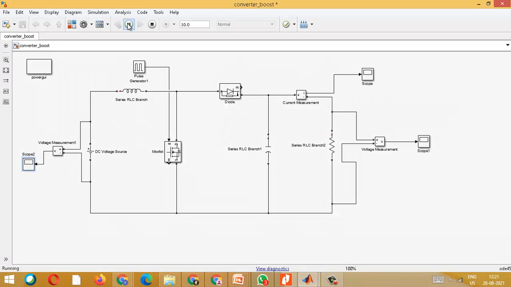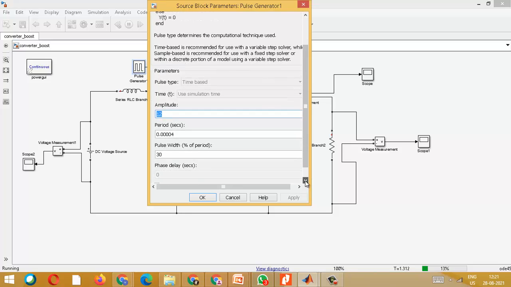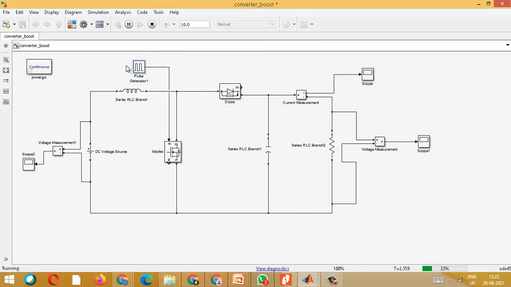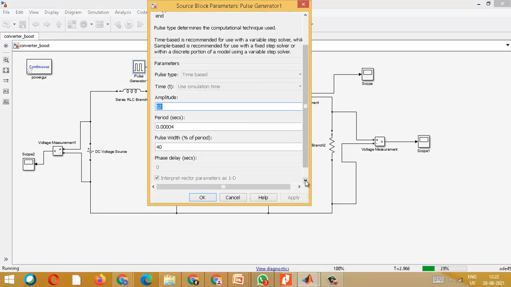Now I am making it run. Once it reaches 2 seconds, I will try to change the duty cycle. From 30%, initially it was 30, now I am bringing it to 40. After it reaches around 4 seconds, I will change the duty cycle to 50.